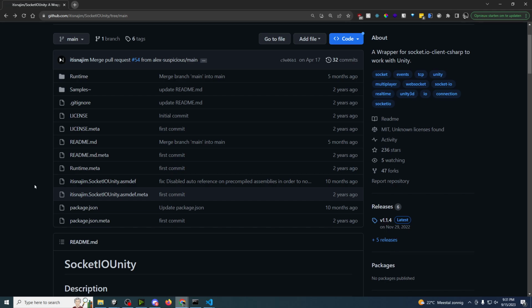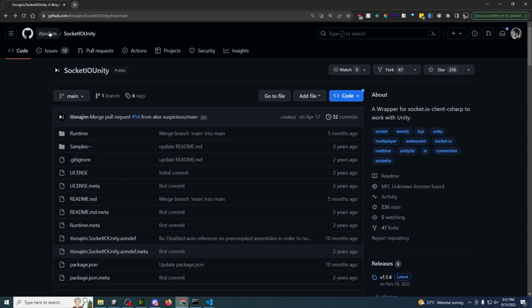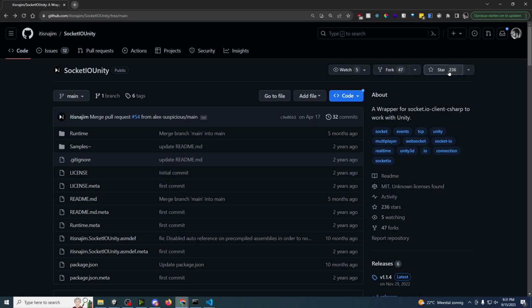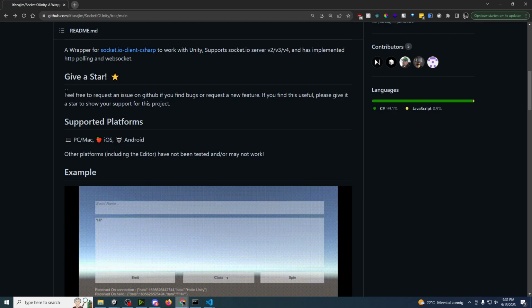Actually, let me export the package without this. Go to this github.com, and I suggest you save this, store this, because you will use this in the future. If you're later making an advanced complex game, I suggest you use one from the Unity Asset Store, the one from the Socket v4 Plus, because that is very robust and works really well. But we are going to use that one in a next advanced course where we will actually be making a very complex online game. For now, I am going to